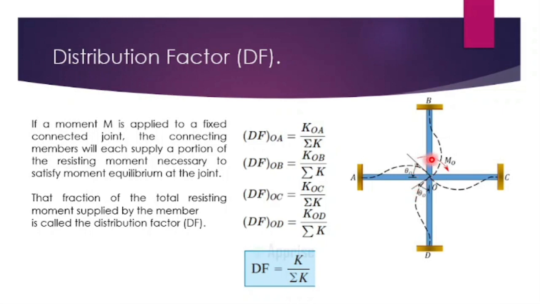Okay. If you are applying any moment, that is M0, say for example here I am assuming that M0 equals 10 kilonewton meter. If I am applying any moment here, you have 4 beams. Which beam will be taking most of the moment? So can you say that? At any junction, see, you can observe here a beam, and you have a horizontal beam in the y direction as well as the x direction.